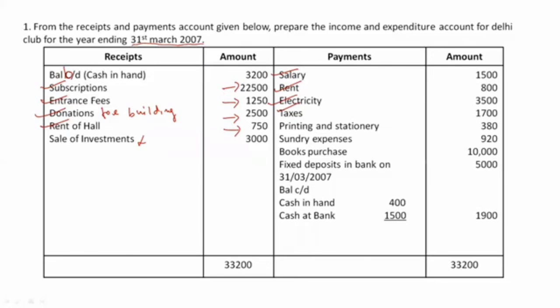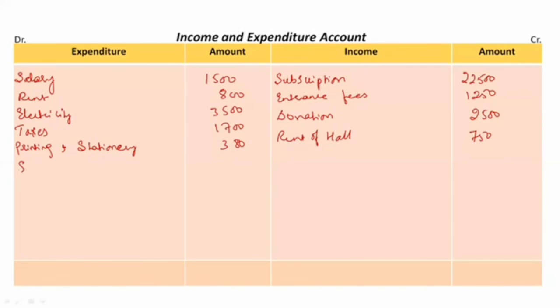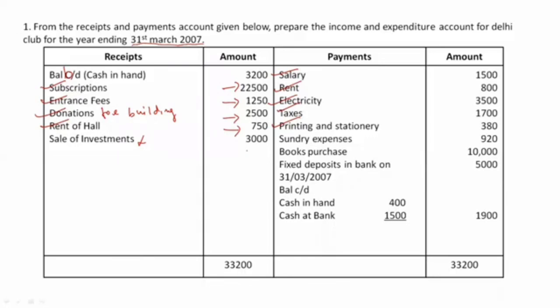Sundry expenses are given, rupees 920. Sundry expenses are nothing but other small expenses. It could be refreshment, it could be conveyance charges, postage, telegram, all these small charges, rupees 920. So we know all this will be regularly occurring, so same as it is in the expenditure side. Sundry expenses, rupees 920.